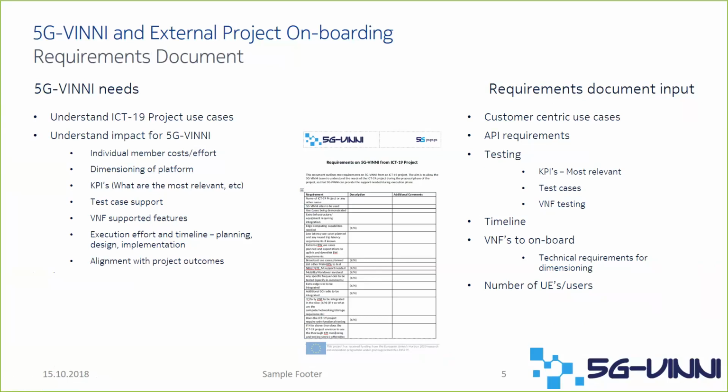So the form is actually set up as a questionnaire, with some open questions, some closed questions. And for us, it's if you can provide the information that you believe initially is important and critical for us to actually understand your use cases. Okay. So we've received that material from you. We will then process it, and we return